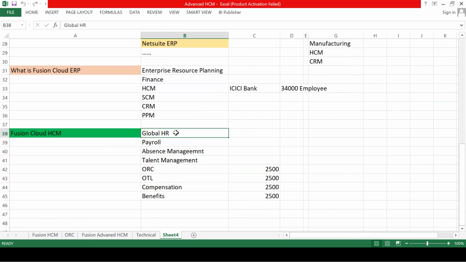Global HR is mandatory. So most of the clients are implementing global HR nowadays. So these four modules are mandatory. That's what we have been doing the last 6, 7 years: global HR, payroll, absences, talent management. Everybody learned these four modules, applied for jobs and got the jobs. But now the companies have started asking, okay, do you know ORC? Do you have an idea about OTL and compensation and benefits? Different combinations they are asking. We are looking for global HR, ORC, or global HR, payroll and time and labor,